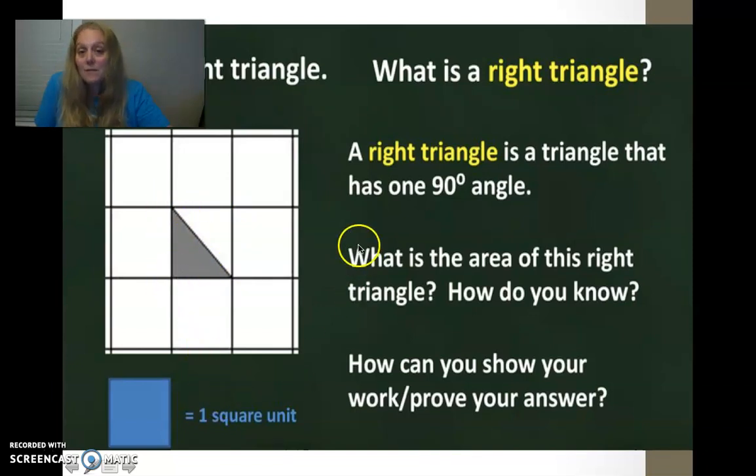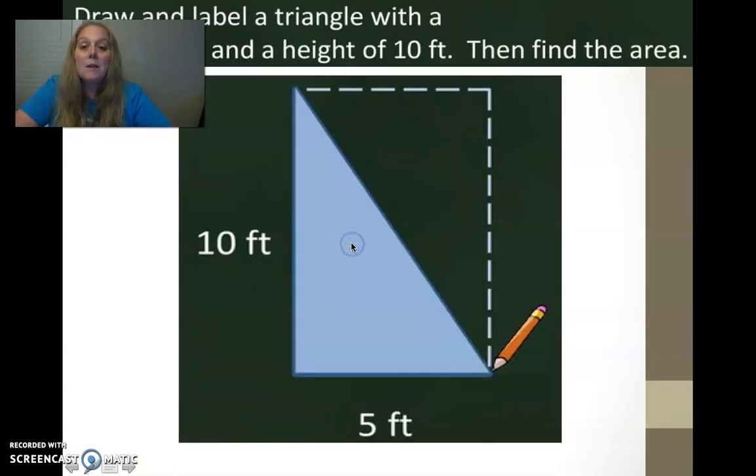And it would be half of a square unit, just because we know a right triangle is half of a rectangle. So let's apply some of this thinking to some other examples. So let's look at this example right here. We've got